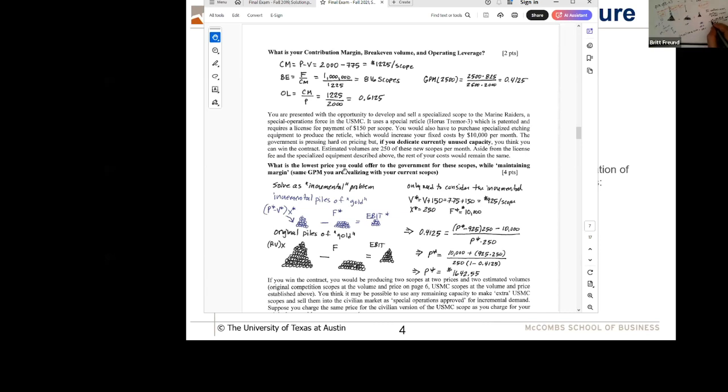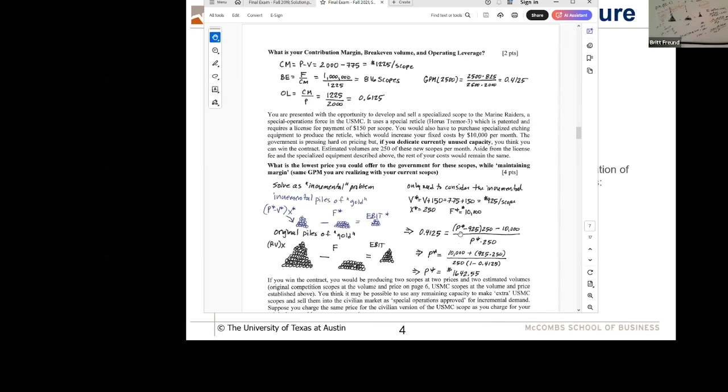And I know all these numbers. Do I know the fixed cost? Yep, it's going to cost me an extra $10,000 a month. Do I know the price? Nope, that's what I'm looking for. Do I know the variable cost? Yes, I do. It's going to be $925 now. Do I know the volume? Yes, I do. The volume is going to be 250. Divided by, do I know the volume? Yes, it's going to be 250 times the new price equals 0.4125. So that's all we're doing. We're just solving that equation incrementally. Doesn't matter what happened before, it's incremental. And that's all I did right here.